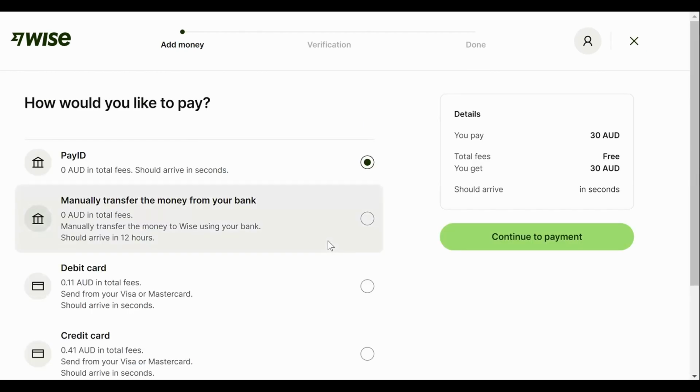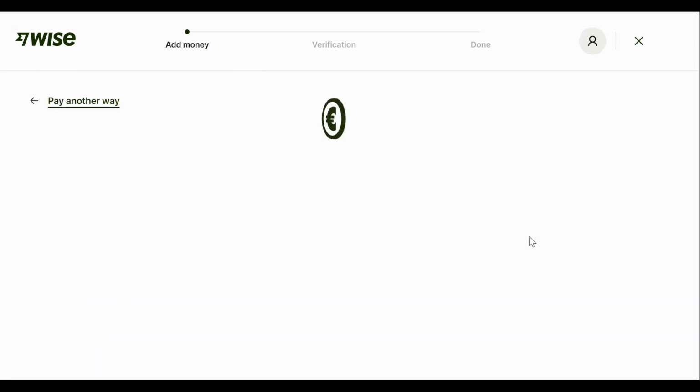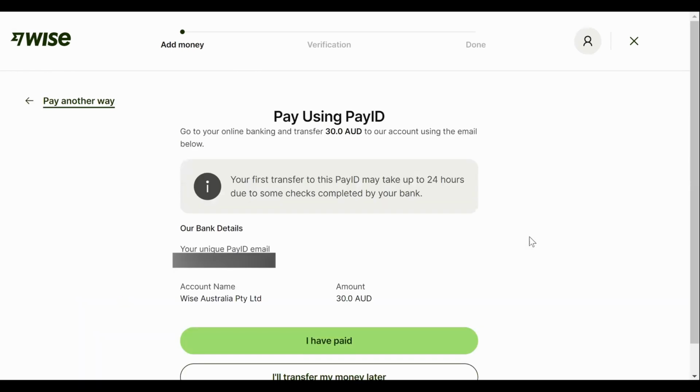Now, the easiest way of transferring $30 out of your chosen Australian bank account into this Wise account is through the Pay ID. It's the quickest and easiest, which means that we can then continue and move on, finishing the setup today. So if you continue to payment, you'll see there is a unique Pay ID email. So if you go into your bank account,